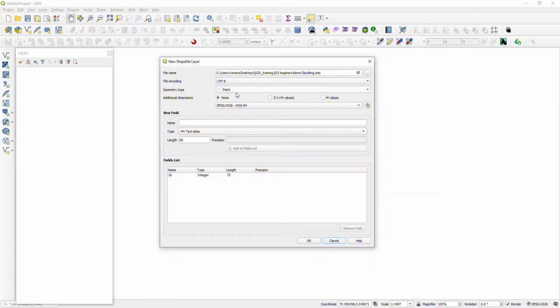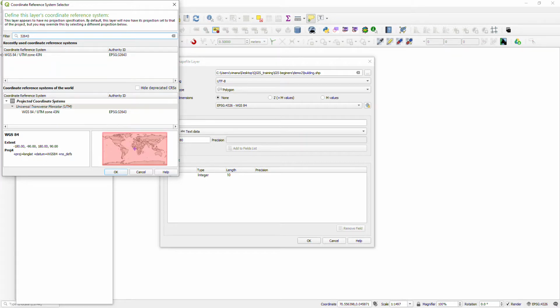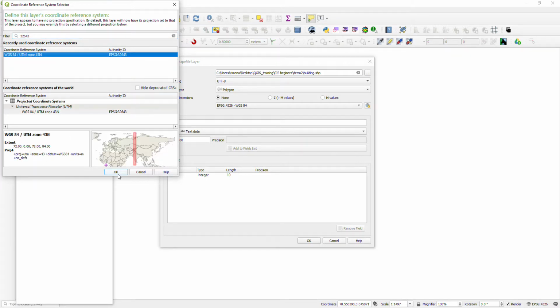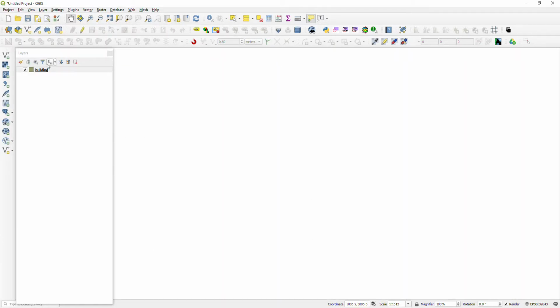Building is an area, like a polygon, so I have to choose the geometry type as polygon. I'm going to create the shapefile with 43N, that is EPSG 32643. Select the proper coordinate system, then click OK. So now our building layer has been created.